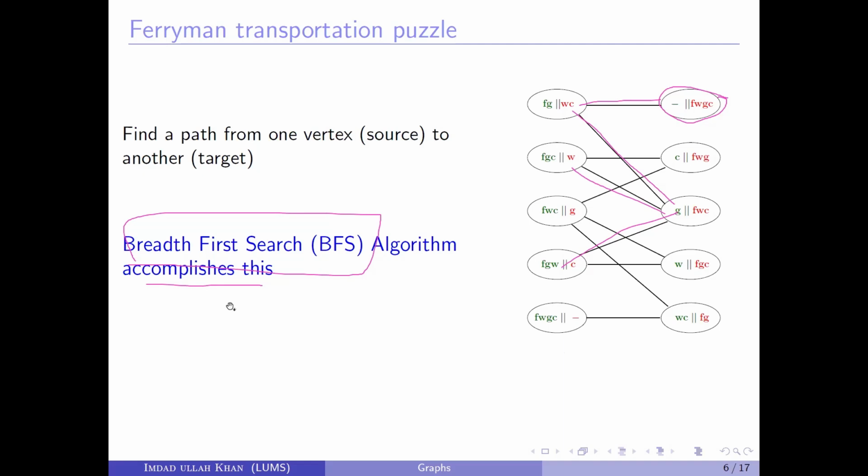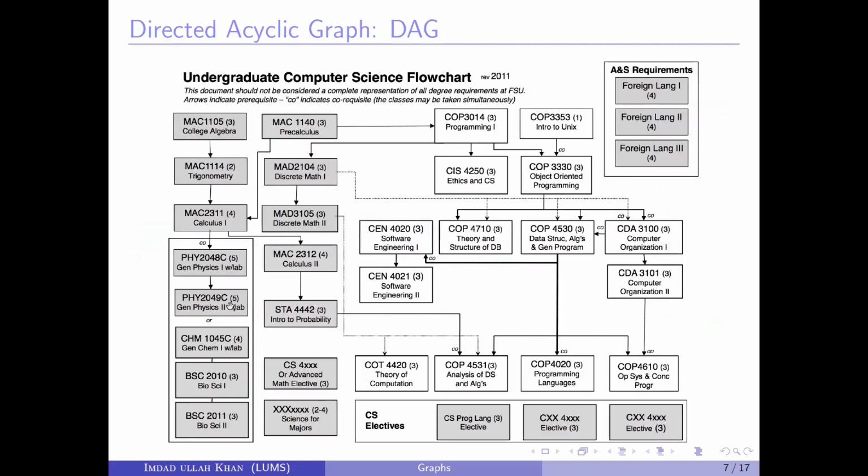But again, our task is not really to dive deep into the implementation level details of the algorithm. The objective over here was to introduce you to the problems which can be modeled as graphs, and then graph theoretic algorithms help us to address those real-world problems. Another quick example is that if you look at this whole graph, we sometimes call it a directed acyclic graph,